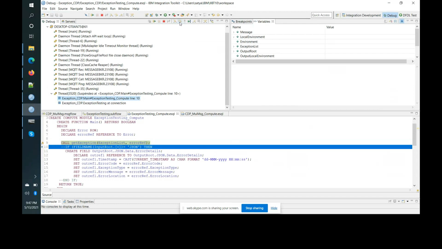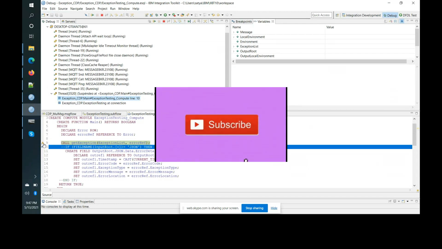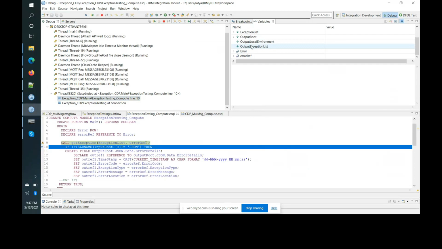Now look at the values saved in the error reference variable. In the variable window, click on error reference. Do you see all the values that are of interest to you? Yes, I see, but it is not populating to the queue. I somehow don't know, so I'm making some mistake. No, we have modified the code right now. So let's see if it helps.